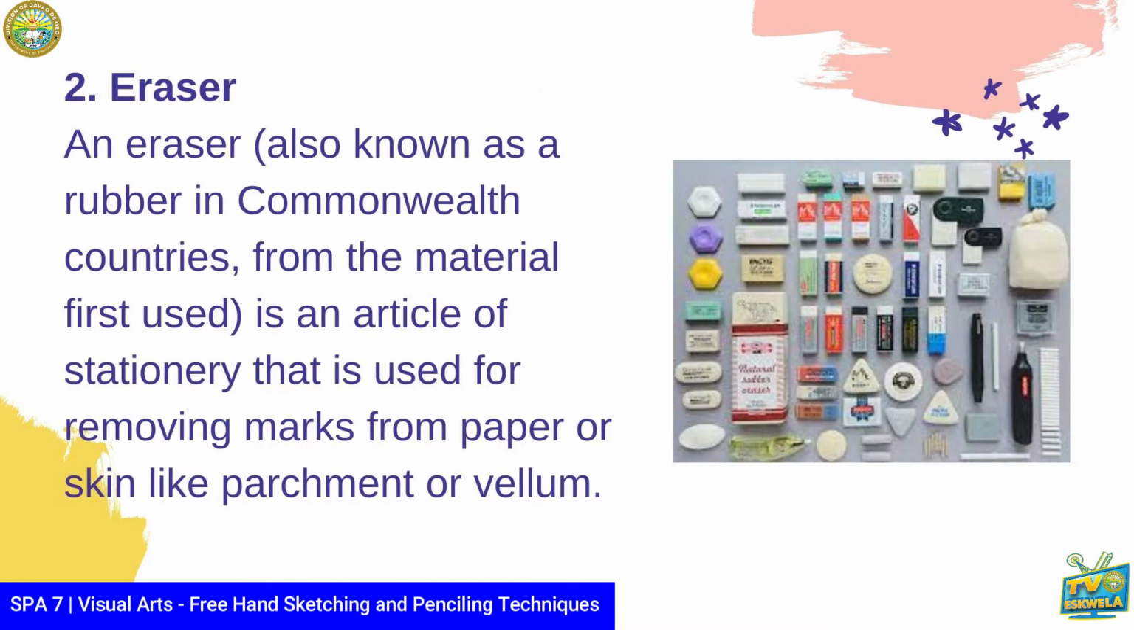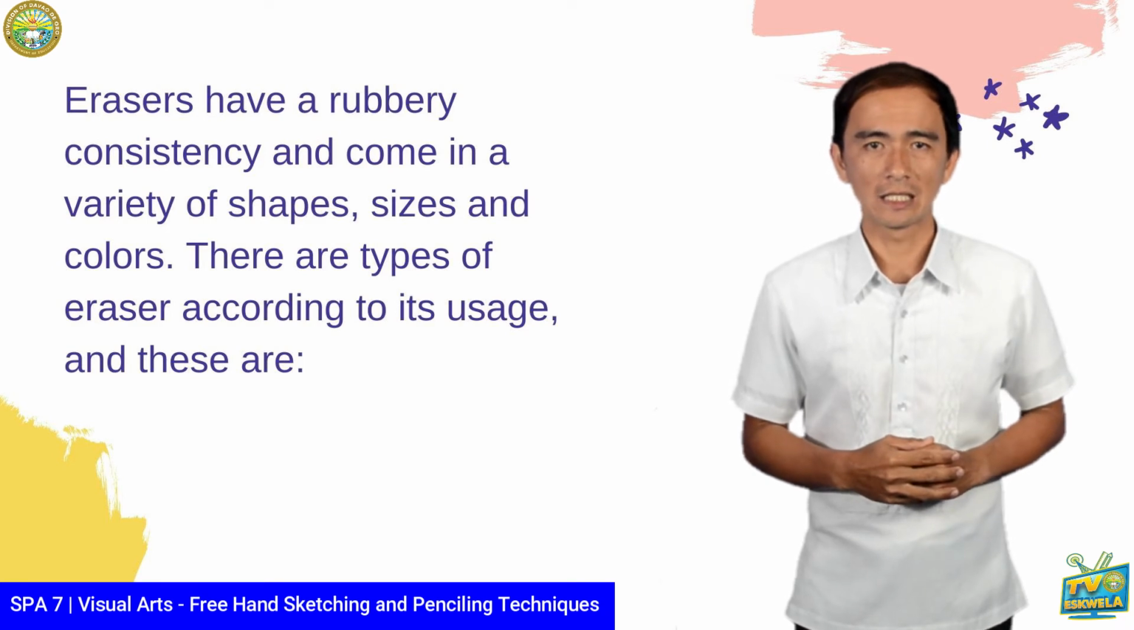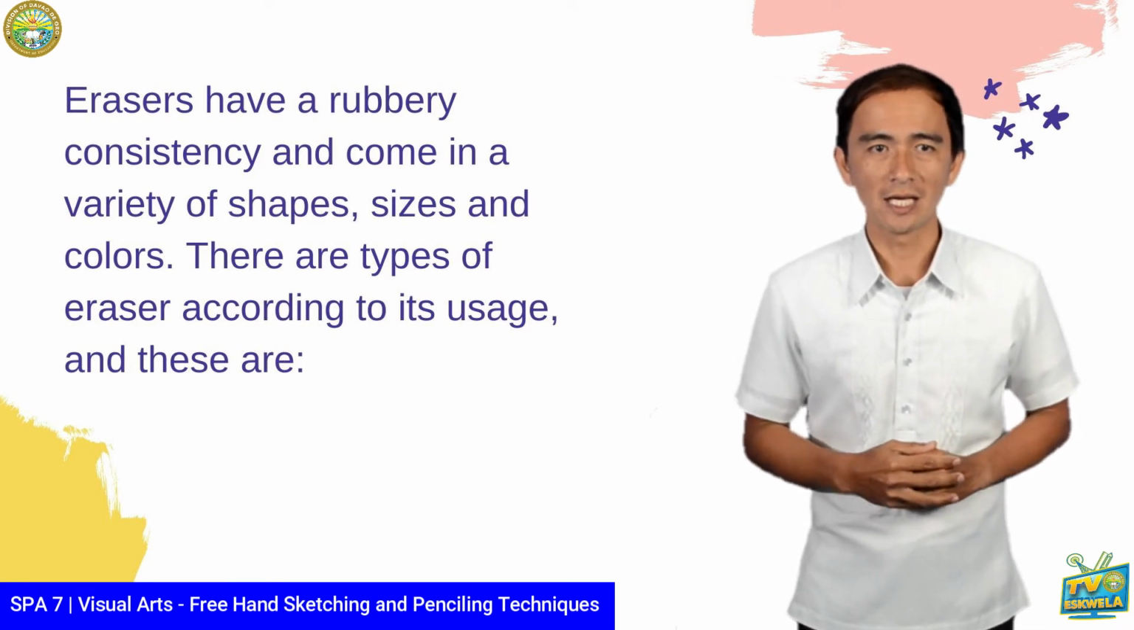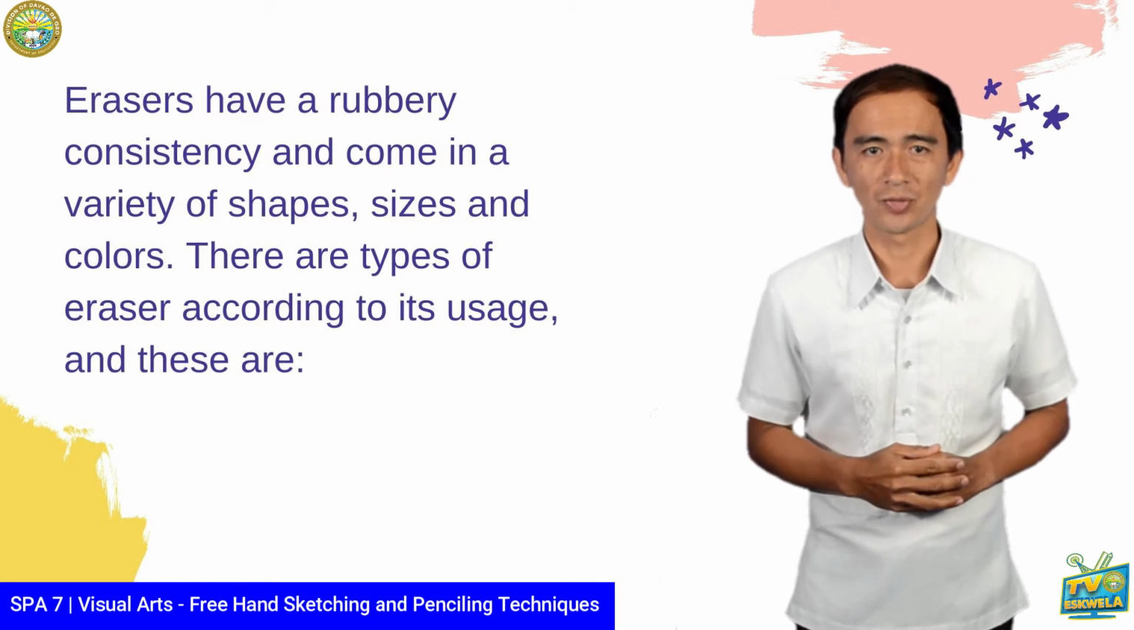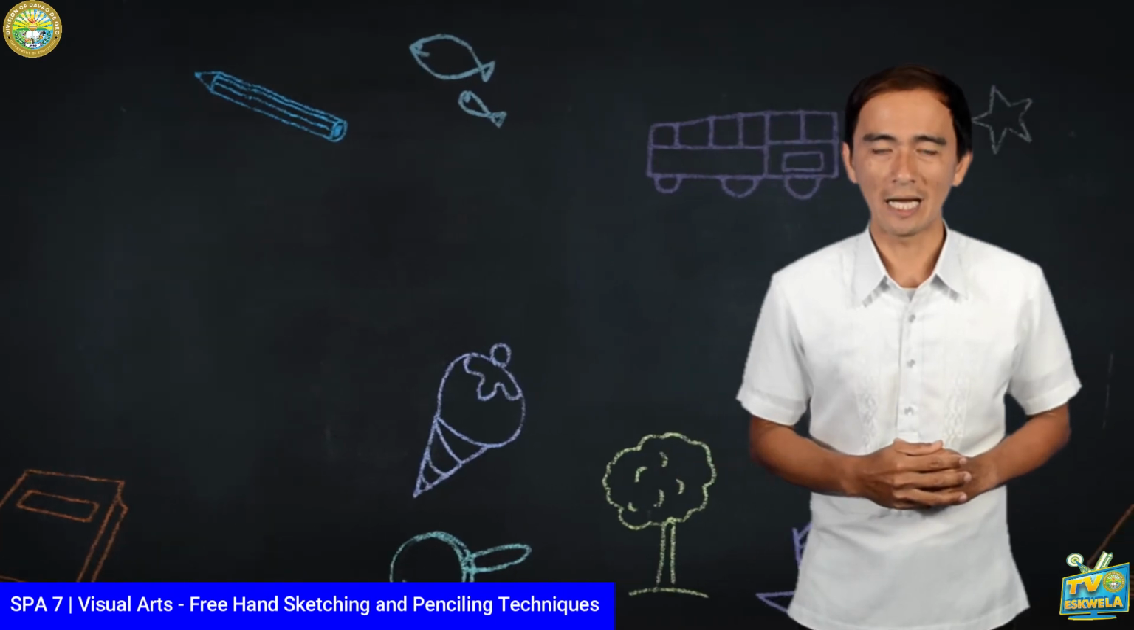Number 2, eraser. An eraser, also known as a rubber in Commonwealth countries from the material first used, is an article of stationery that is used for removing marks from paper or skin like parchment or vellum. Erasers have a rubbery consistency and come in a variety of shapes, sizes, and colors. There are types of eraser according to its usage, and these are: